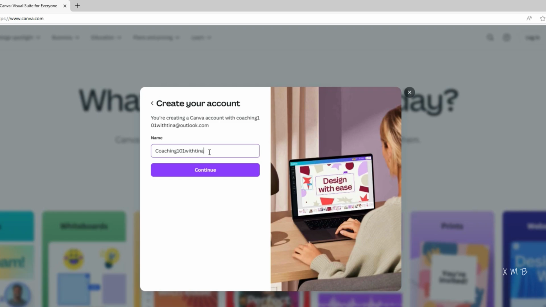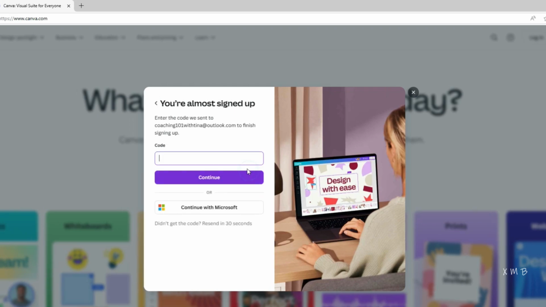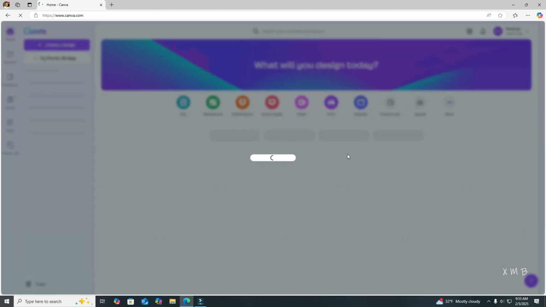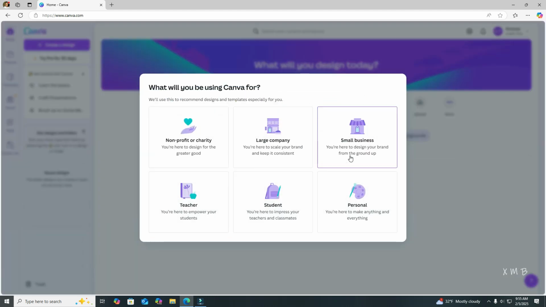that I want associated with the account, and I'll probably just put Coach Tina and press continue. And now it's going to send a verification code to my email, so I'm going to head to my email now, get the code, and put it in here so I can continue. And it's going to log me in. So now I am in Canva for the first time, as it seems here, and this is what I see